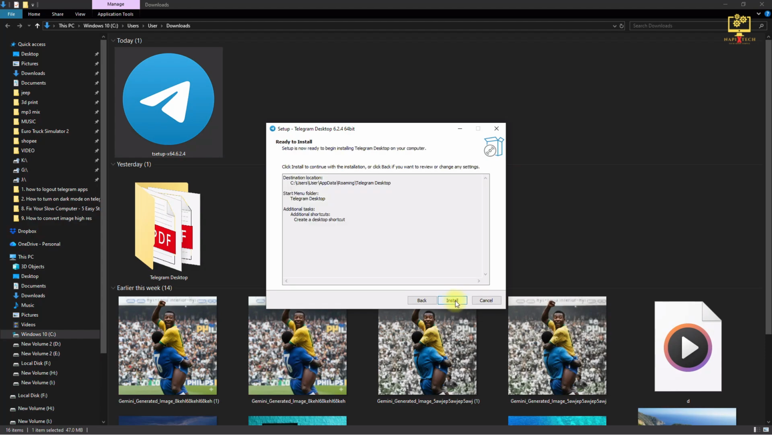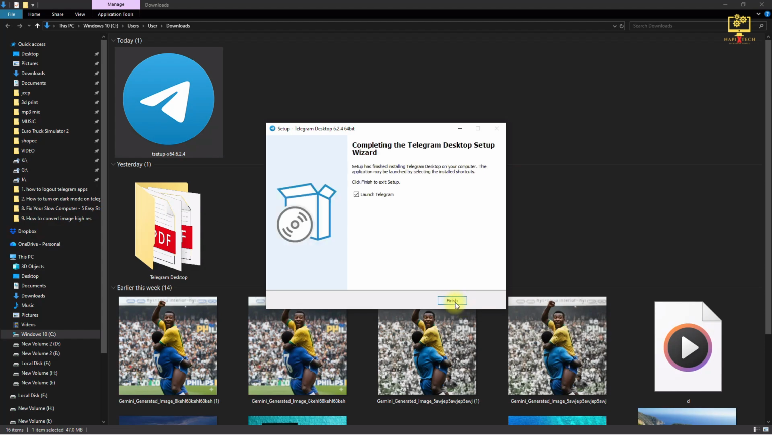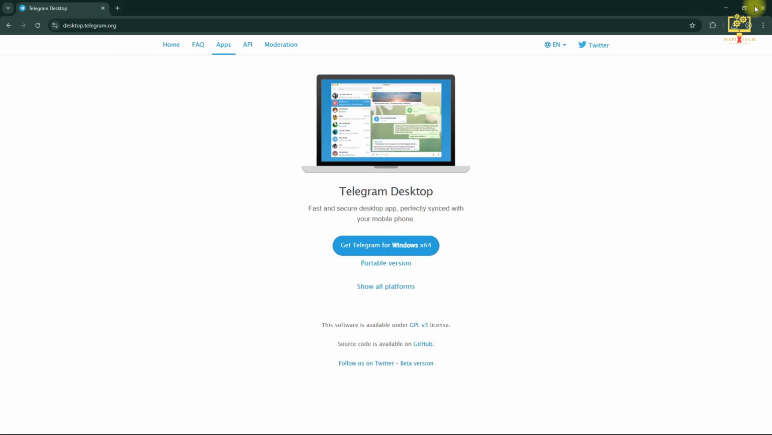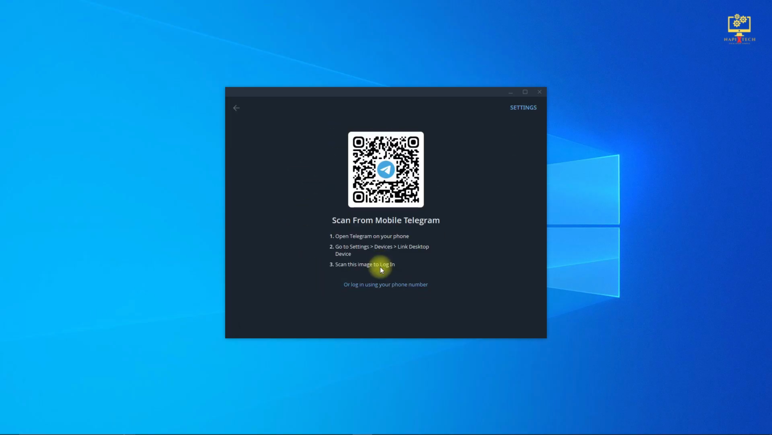Finally, click Install. Wait a few seconds for the installation to complete. Once done, click Finish. Telegram Desktop will open automatically. Now, click Start Messaging. You can log in using your phone number or scan the QR code from the Telegram